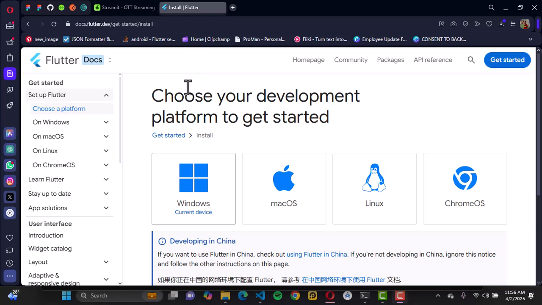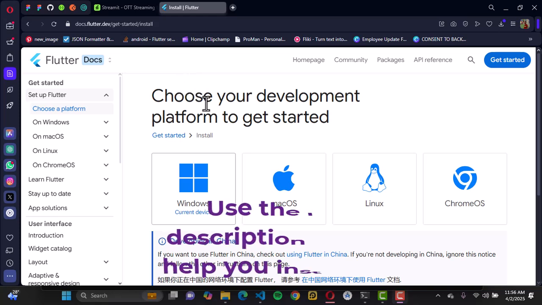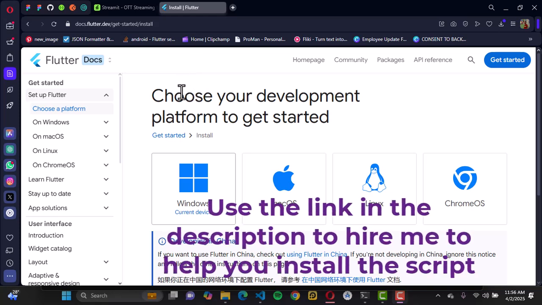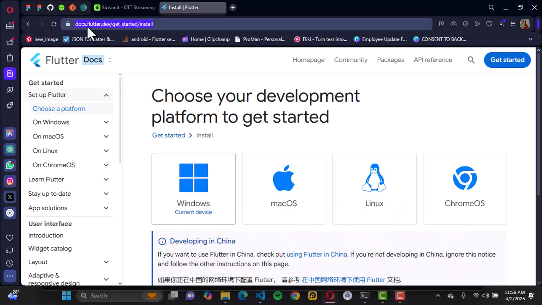Now that we've purchased our script, we want to go ahead and get the required tools. One of the tools that we want to get in order to start writing Flutter is the Flutter SDK itself. What you want to go to is your Flutter documentation. The way you can get there is by searching docs.flutter.dev. This is going to navigate you to Flutter's official documentation, where you get to read more about the documentation and understand how to